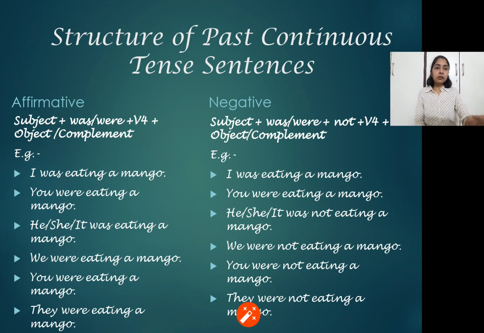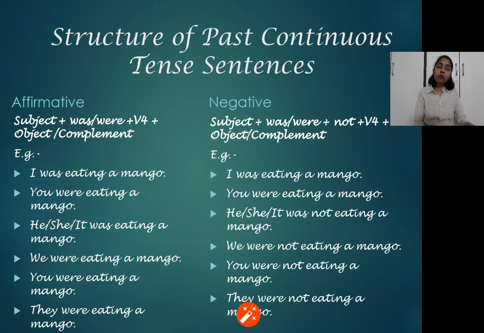Now the structure, how it is formed. Through simple sentences we just describe how they are formed. Now first the affirmative and then the negative. Now first is affirmative. First always comes the subject, then was or were, the helping verbs. Now they are was and were. Why? Because it is past. Okay, so was and were, as per the first person, second person, singular, plural, according to that we are supposed to change. Okay, next the fourth form of verb, as I told you previously that the fourth form of verb